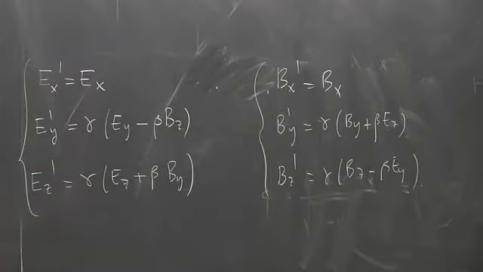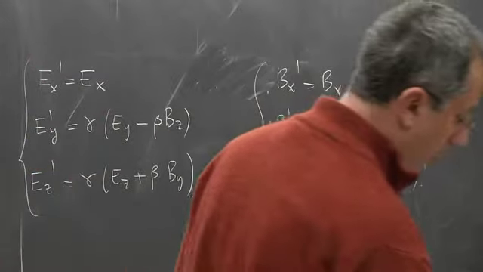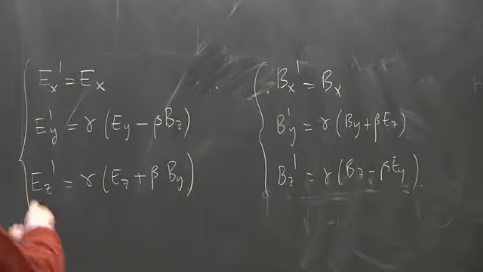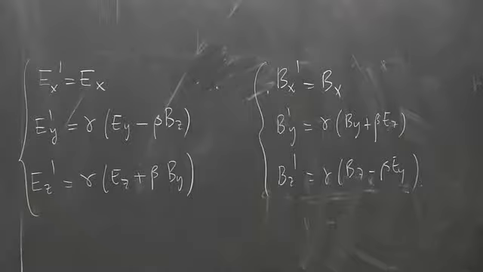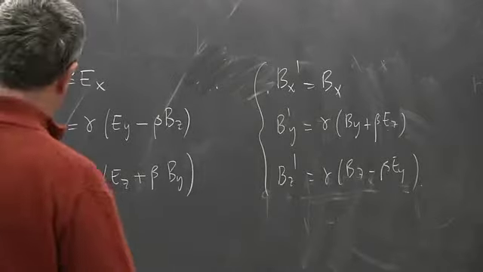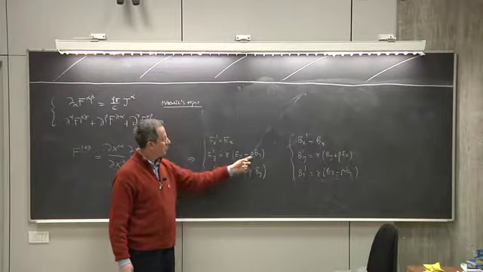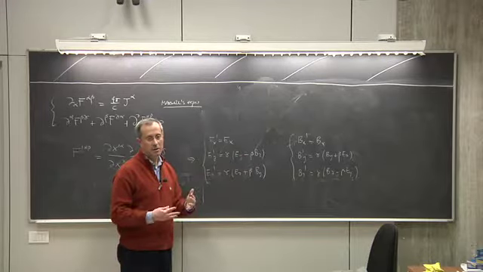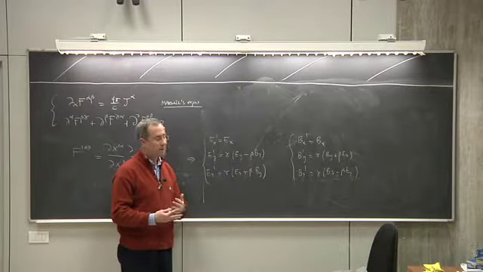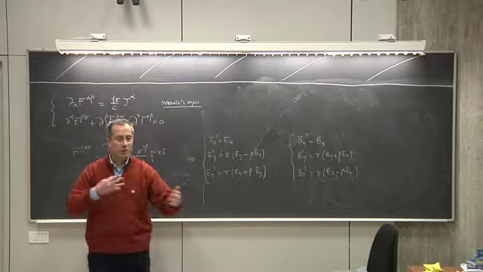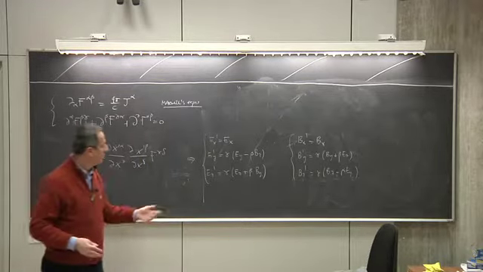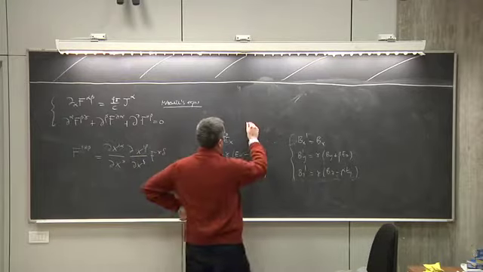Okay, so this is the equivalent of what I wrote before for the coordinates, or for the potential. You see, it's slightly different, but what is remarkable about this transformation? Why did I go through the trouble of writing them down? You see, B and E get mixed up. So when you do a boost, the electric field becomes a magnetic field and vice versa, right? Under a Lorentz transformation,